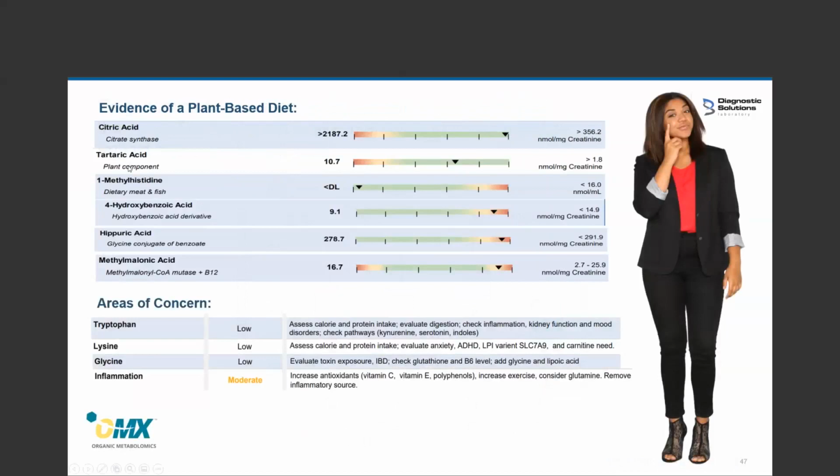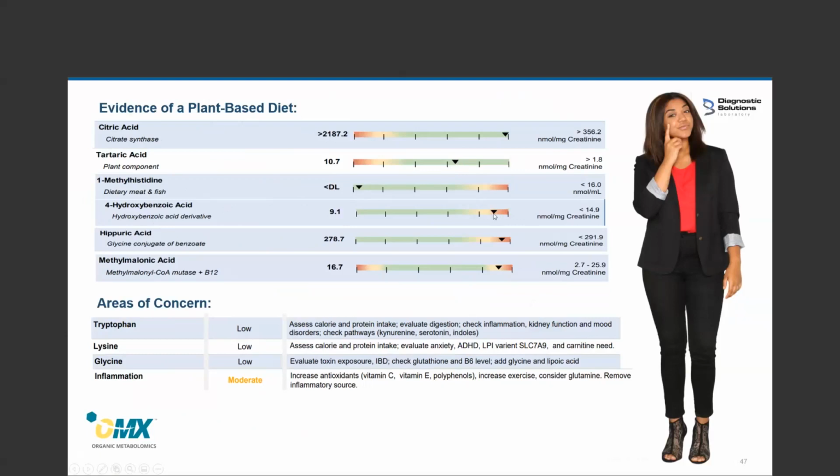Her tartaric acid, which is higher, could be a marker of wine intake. It is used by organizations as a marker of wine intake, but also grape juice. 1-methylhistidine is a marker of dietary meat and fish intake. 4-hydroxybenzoic acid, we went over that. It's a marker of just